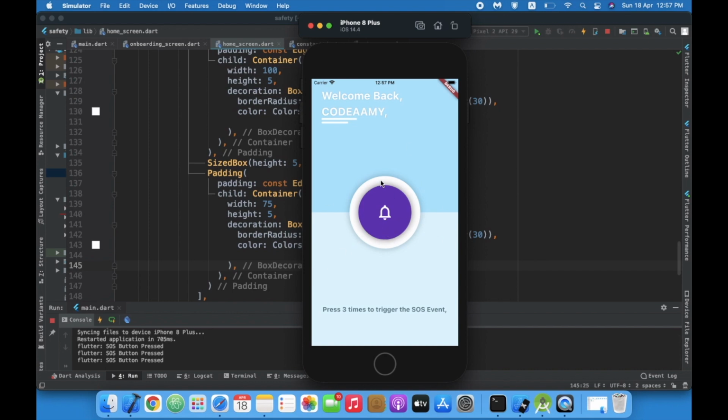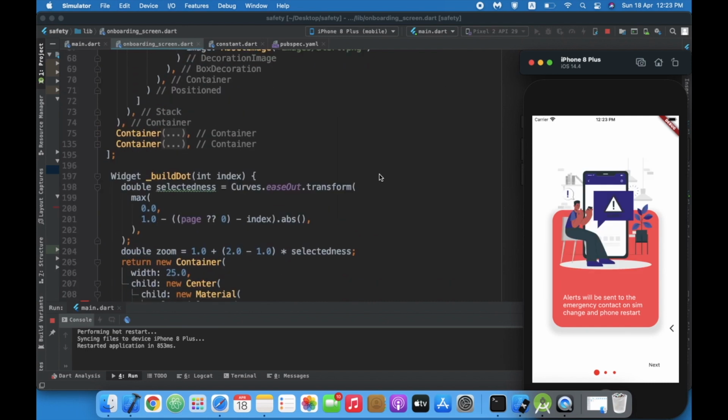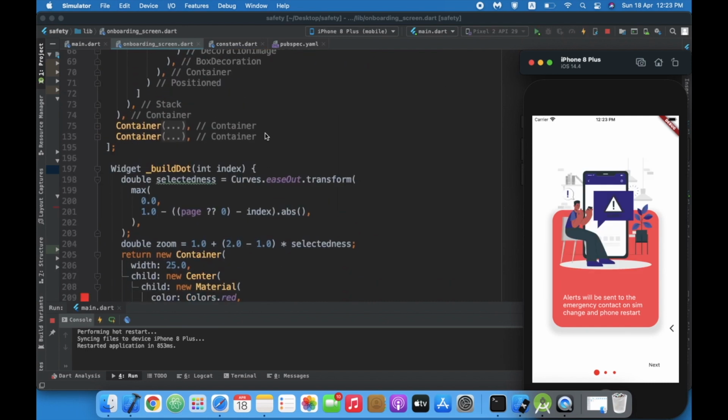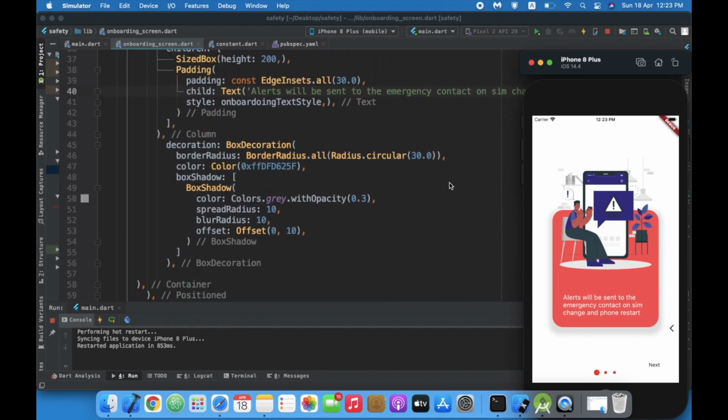So after 3 times you're pressing this event, it will trigger this event. Okay. And no, I don't want to change over here.